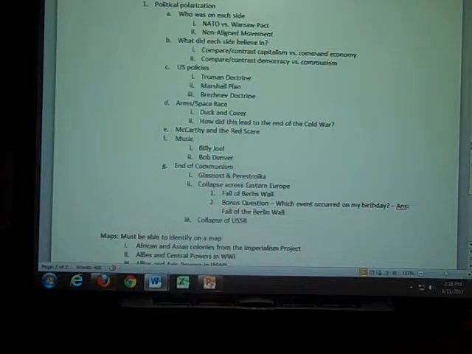End of communism, basically it's the collapse. We outspend the Soviets, we collapse their economy, they can't continue. The most visible sign of the end of communism is the fall of the Berlin Wall, which is the extra credit question on your final. What event occurred on my 13th birthday? Oh, 1989. I remember, the Berlin Wall, right? Yep, fall of the Berlin Wall. Everyone knows this is on there.